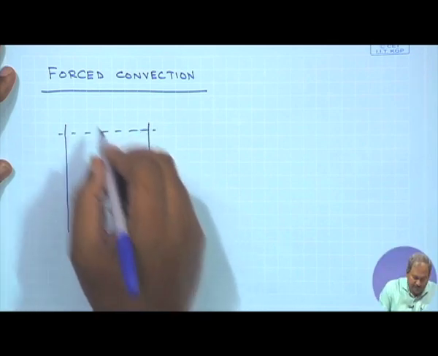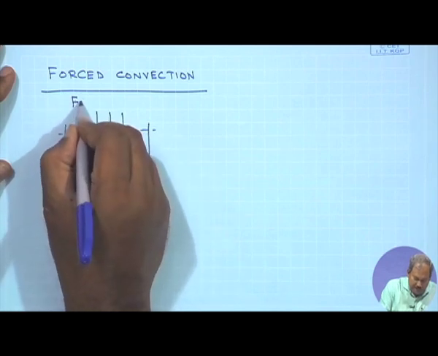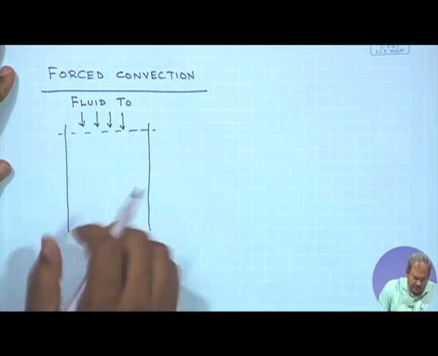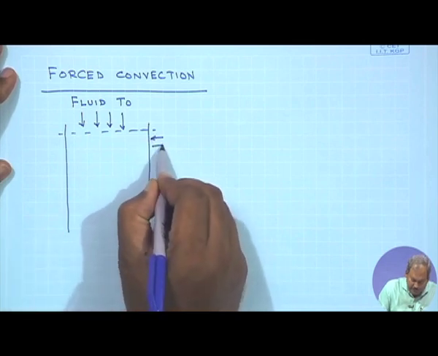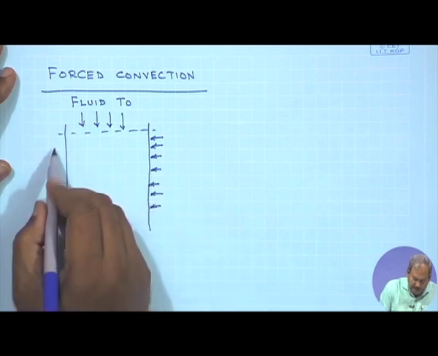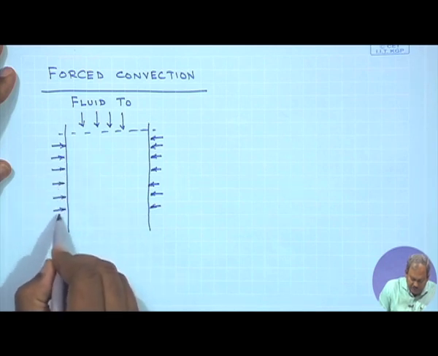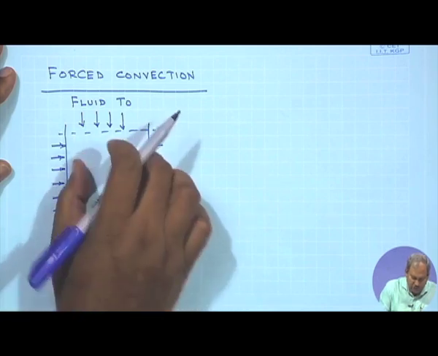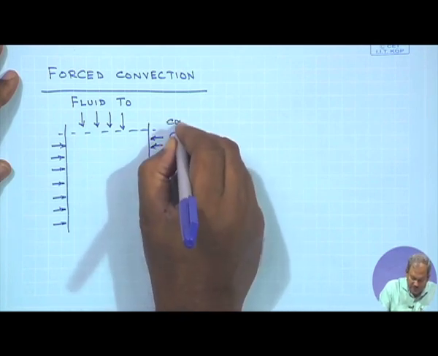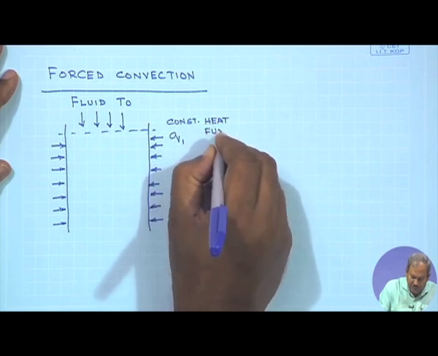So, this is a pipe through which a fluid at some given temperature T0 is coming into the pipe, and it is a cylindrical pipe where a constant heat is being applied through the side walls of the pipe. Okay, so this is the constant heat flux which is being applied to the pipe, and let us call this constant heat flux Q1,